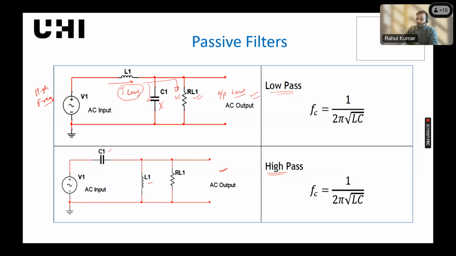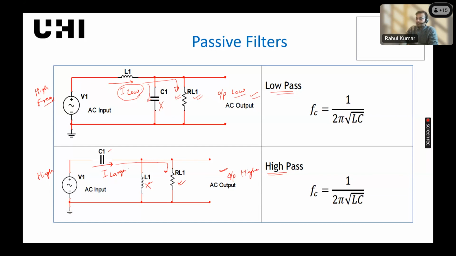So at high frequency, this capacitor will allow large current, and this inductor may not allow those higher frequencies to pass. So we have this alternate path. All the large current will flow through this resistor. So ultimately you will get a high or a larger output,